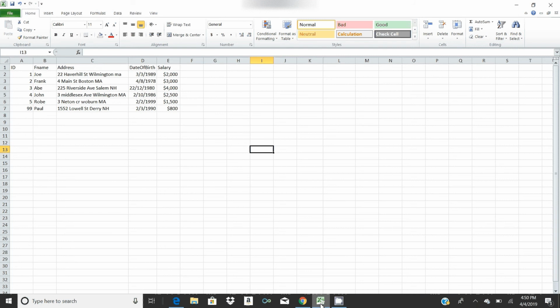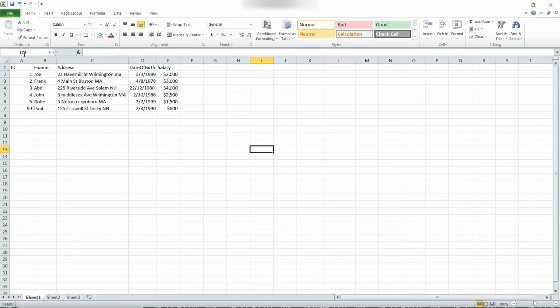we have this type of data. We have a column called ID or employee ID going 1, 2, 3, 4, 5, 99, and we have a column called first name, another column called address, another column date of birth, and the last column called salary. So let's pretend that we have a big sheet of data. We have, let's say, 1,000